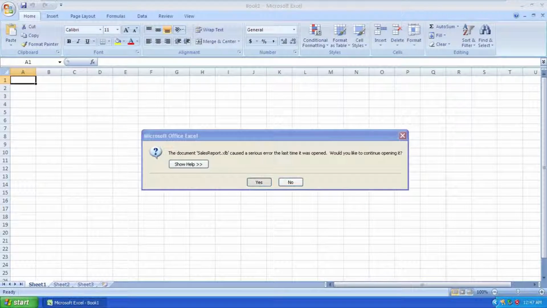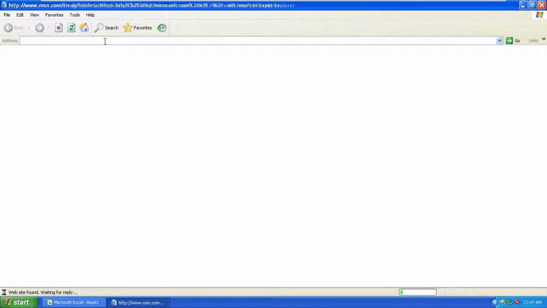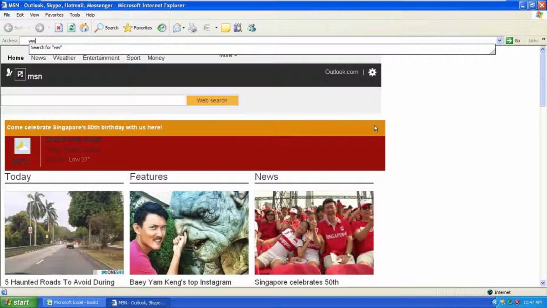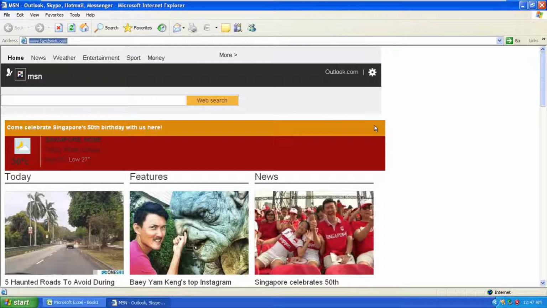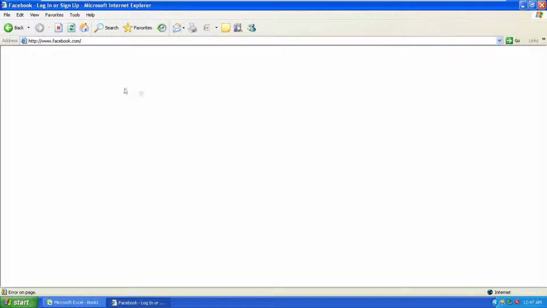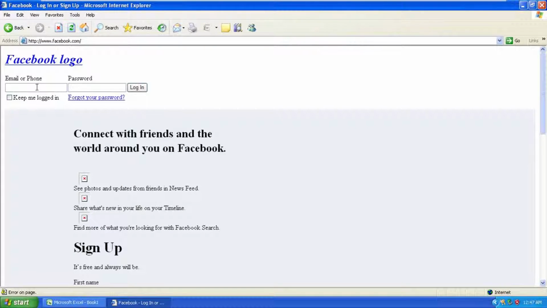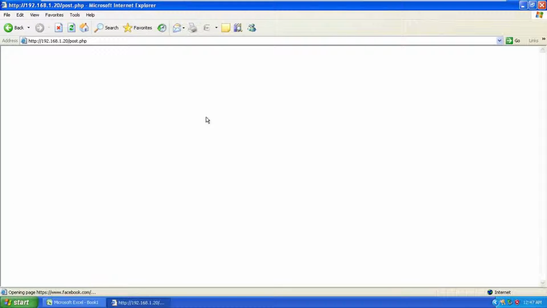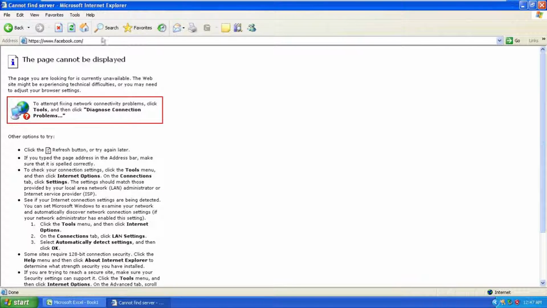So back on the victim's machine now, we're going to go to www.facebook.com, and we'll be on this web page. And now we're going to type in the email, and the password. So when we try to log in, facebook.com will fail to load,